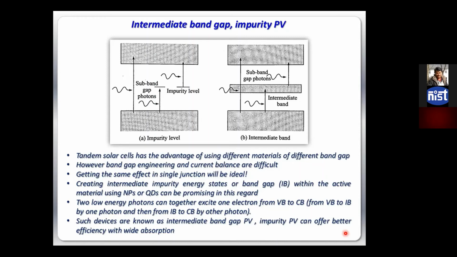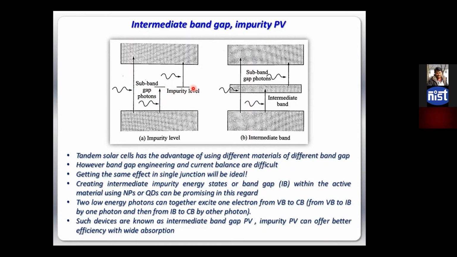the intermediate band gap, what we do there, instead of nanostructures and all these things. The limitation was, what was the limitation? That I have a band gap, e.g. 1.45 eV, so not many photons can be absorbed. Some will have lower energy, some will have higher energy. So what we can do is intentionally put impurities or trap states in a balanced way, of course, within the material during the doping, so that they have their energy states in between the band gap of the primary material, in the sub band gap region.